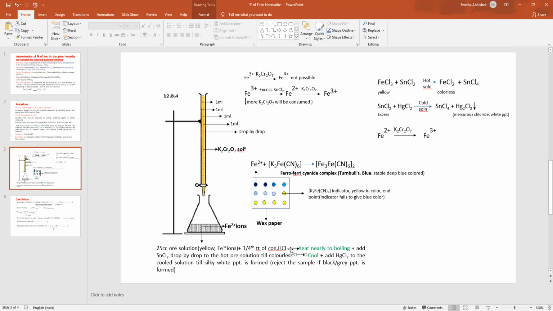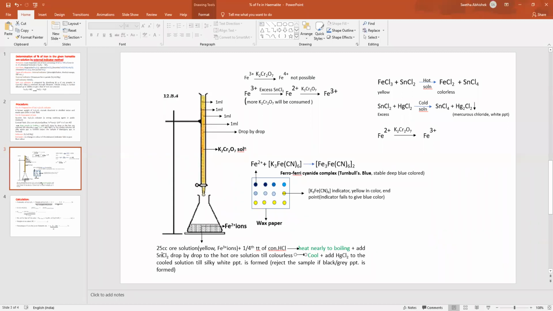Keep the conical flask on the hot plate and heat the reaction mixture nearly to boiling. Don't boil it, just heat it nearly to boiling, until you see a bubble. Now, after heating the solution nearly to boiling, take the conical flask off the hot plate and start